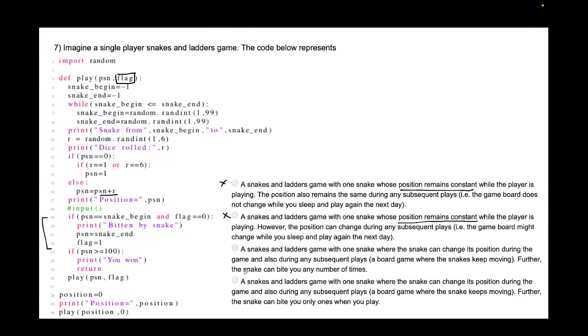So the options are the same as the last question. Option C says that the snake can bite you any number of times. Option D says that the snake can bite you only once. So this is again a typo. It says the snake can bite you only once when you play. So over here option D is right, because our flag is getting updated to 1 after we are bitten